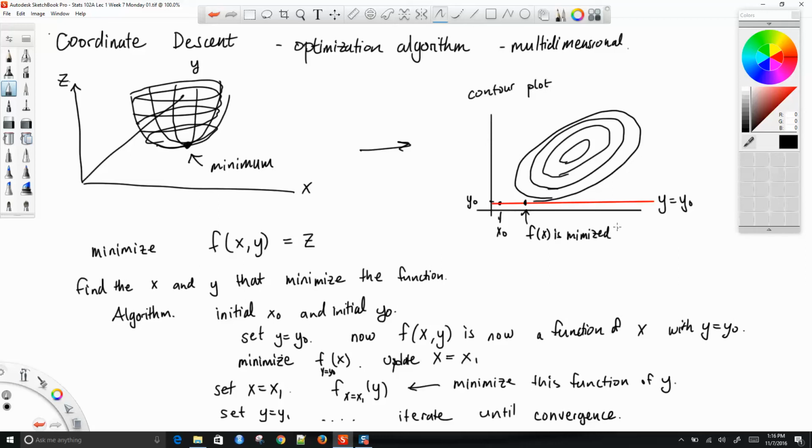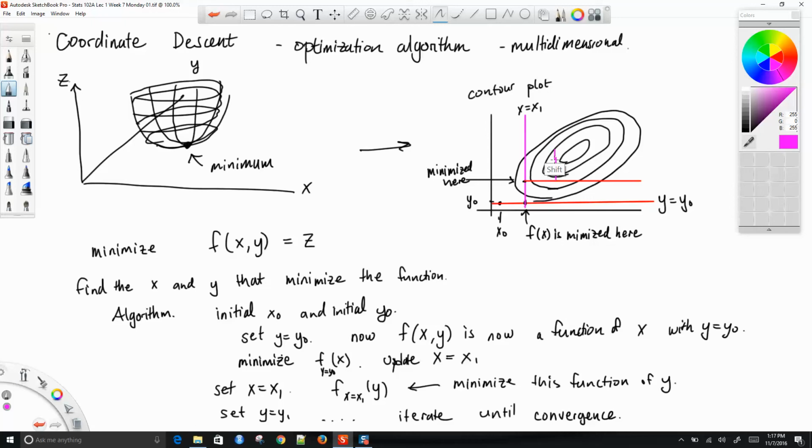Okay? And then the next iteration, you search along where x is equal to x1, and then you say, oh, it's minimized right here, okay? So minimized. Okay, and then now searching along where y is now set to here, you find this, and you say, oh, okay, it's minimized here, and you just kind of keep going back and forth,